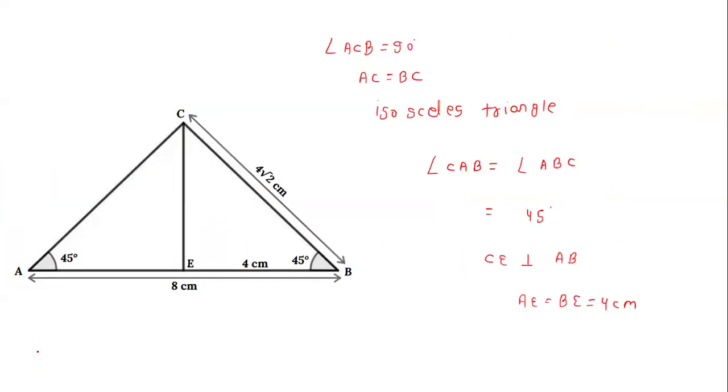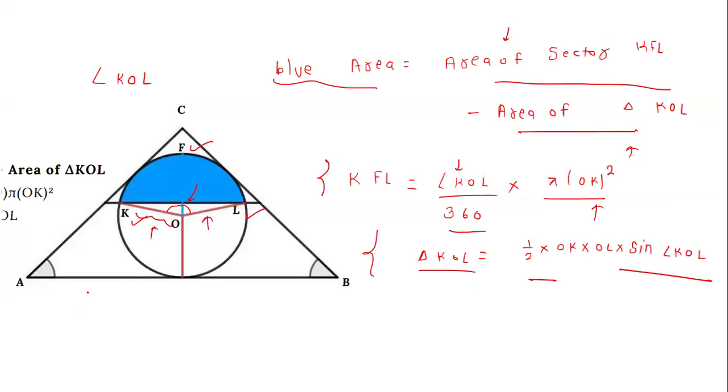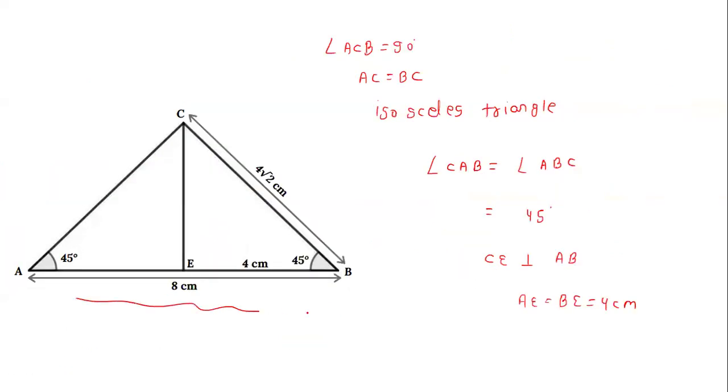So let's proceed further. So you see this figure in the problem, it is given that AB is 8 centimeter. So this AB as 8 centimeter is given, and we know this angle C is 90-degree angle, and AC is equal to BC is also given. AC is equal to this BC. So this is an isosceles triangle. So both these angles must be the same. So that sum of the angles of the triangle is 180 degree. If one angle is 90, the remaining two angles sum will be 90 degree. And if both are equal, then both are equal to 45. So this angle is 45. This angle is also 45.